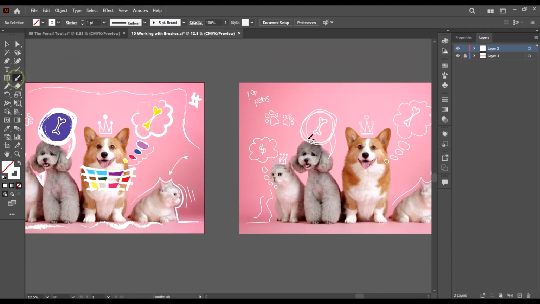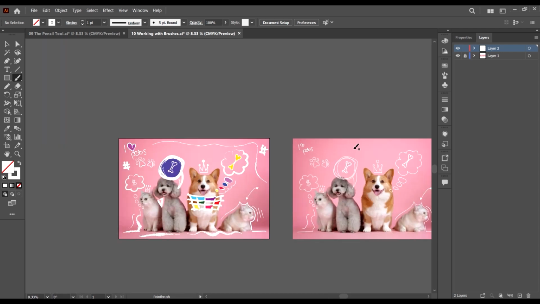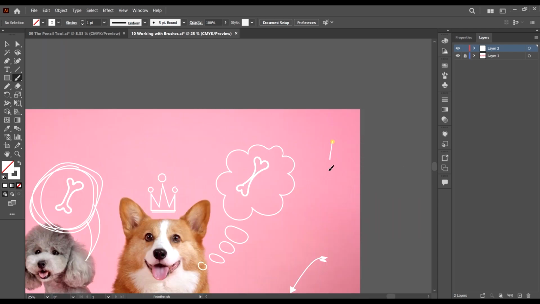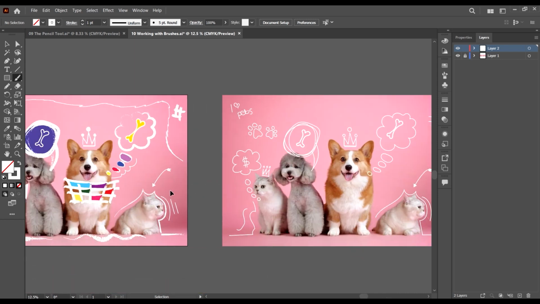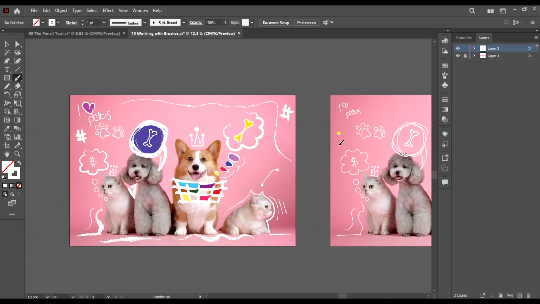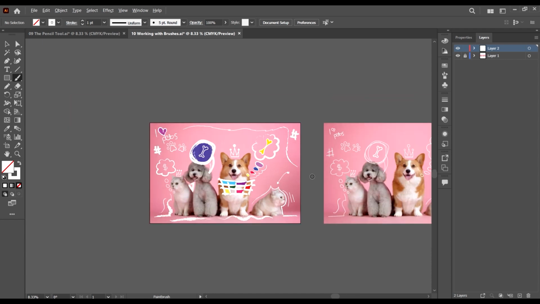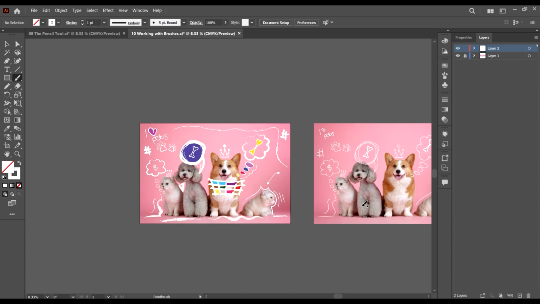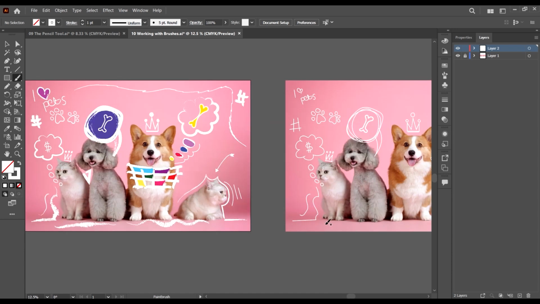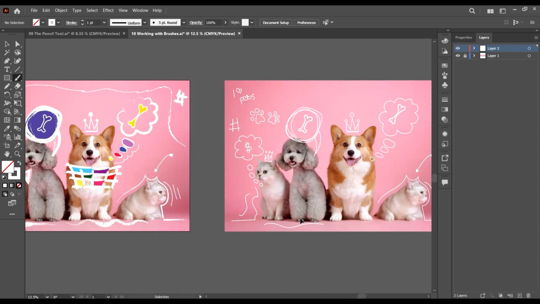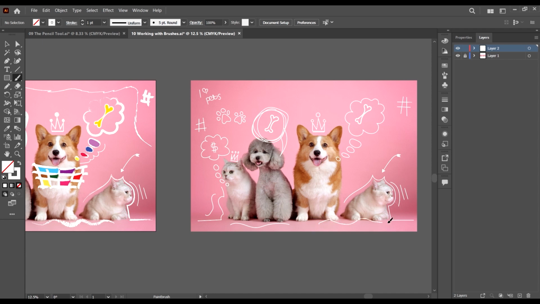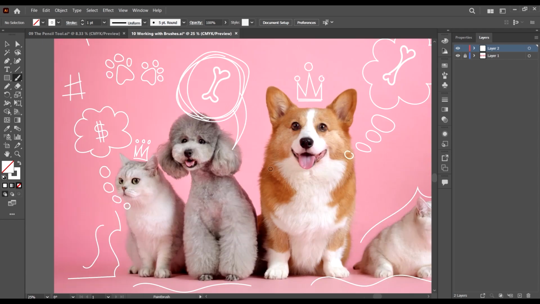Let's select the brush tool. Let me just look at some other illustrations which I added. I came here, made this shape here. I made one other one at this point. Perfect. I made this other random shape like this one. I came here and made